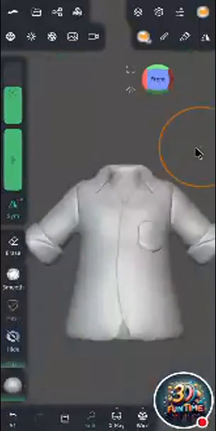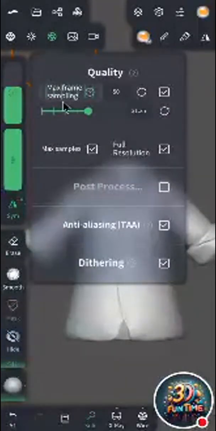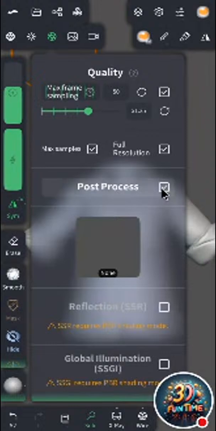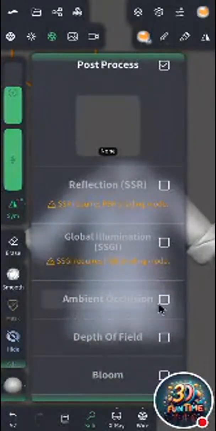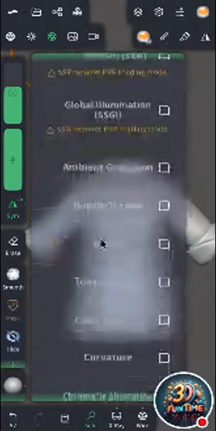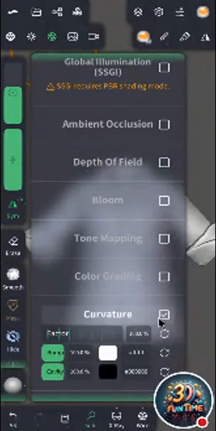After that, we're gonna move to the, if we use the full screen resolution, post process, and now the system will lag, so we have to work a little bit with patience,